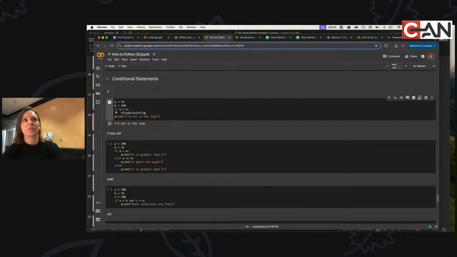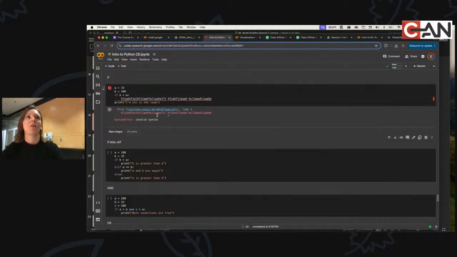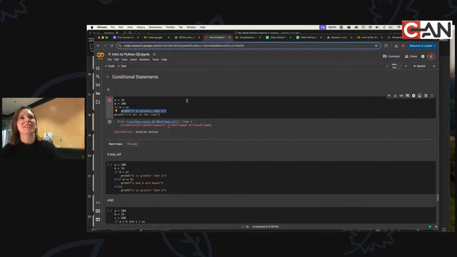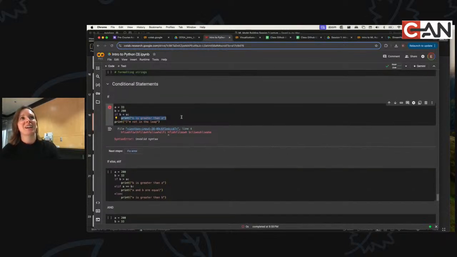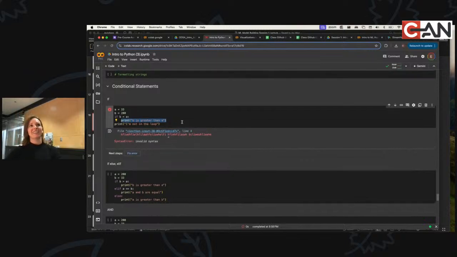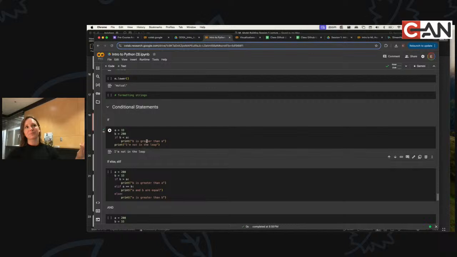So technically, I can put a bunch of stuff here that actually wouldn't even make sense, and we'll see if I get a compile error. Oh, I lied. Python was smarter. Darn it. Let me think of something else that wouldn't make sense. I can't think of anything. Okay, so it pre-compiled for me so that it didn't let me do that. But so I'm not in the loop. So what we can do is flip this sign.